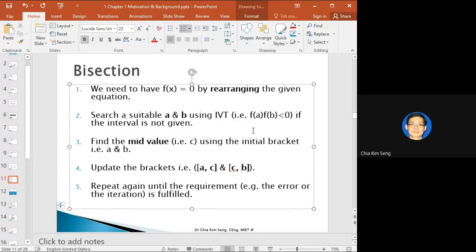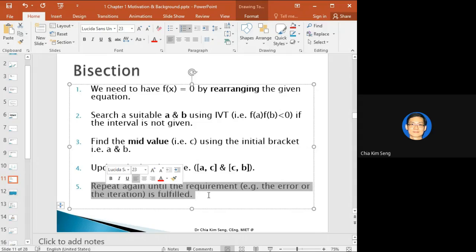So you need to substitute to here. Here we write A and B. A and B actually are your left boundary and your right boundary. Don't be confused. So for this pair, you substitute A here, C here. For the second pair, you substitute C here, B here. Repeat